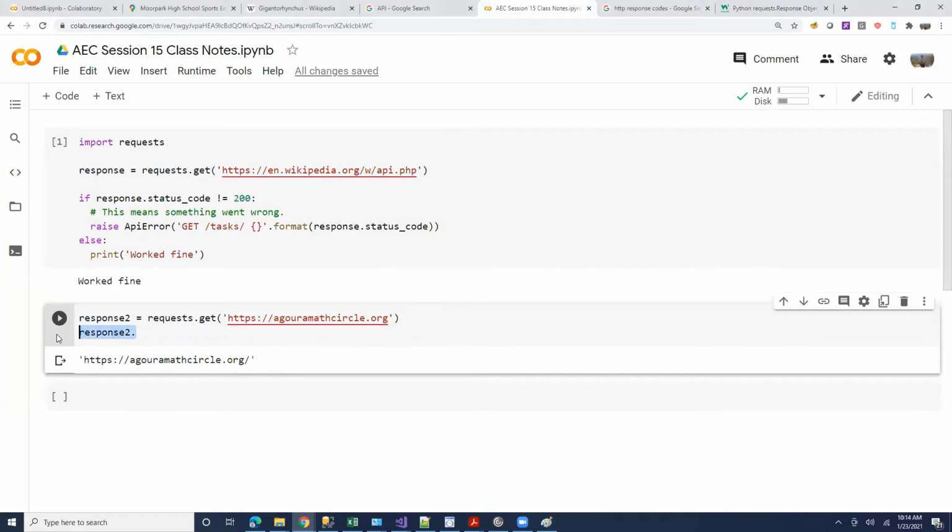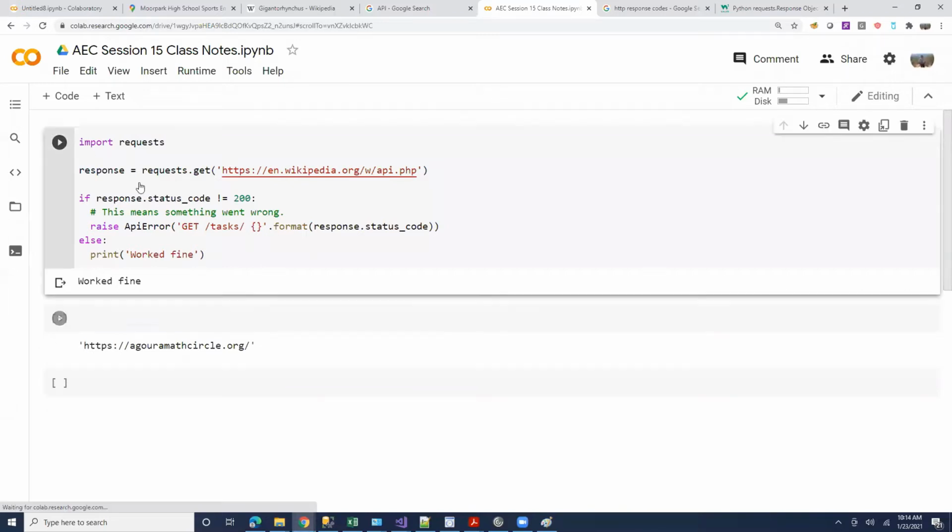Okay, so you get a request response. Now, let's continue with our original Wikipedia example. I just tried to connect to it. It says worked fine, so that means this is Wikipedia's API. I'm hoping. There's no way to know, but since we put in wikipedia.org, we are hoping that's the right one. So what else would you like to do when you go to Wikipedia?